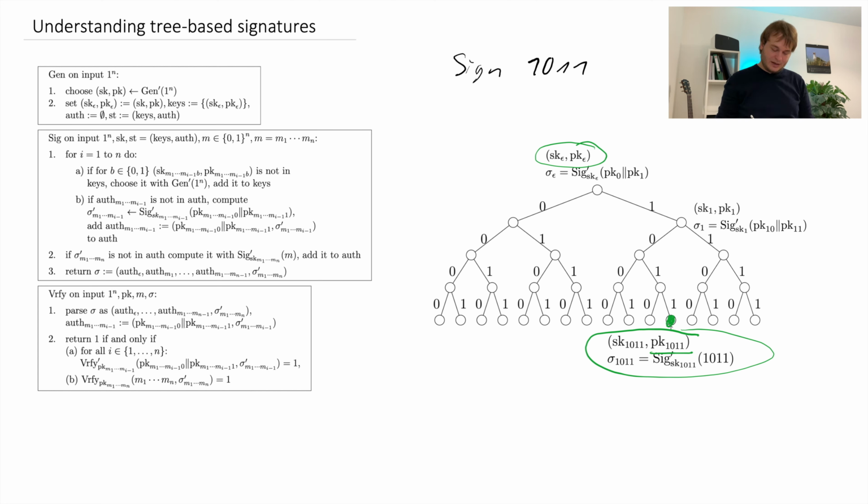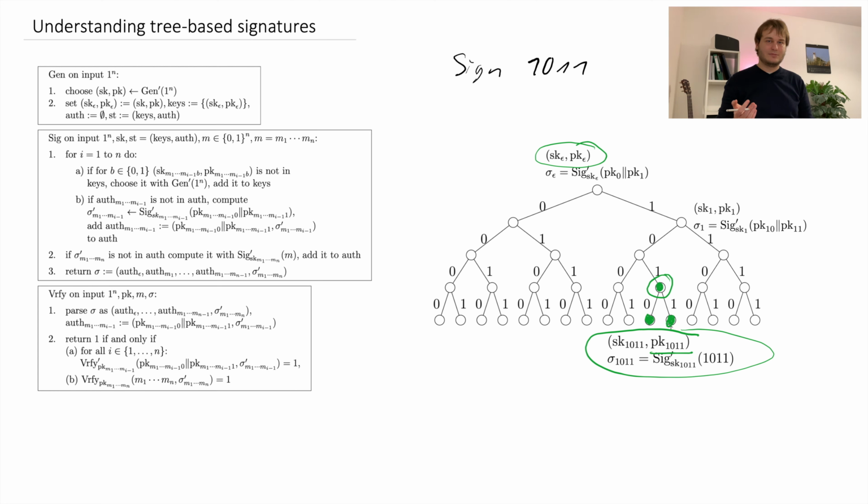Then in order to authenticate that node, we will have to generate the keys for the parent node. And remember this node here, the parent node, the key of this will be used to generate a signature to authenticate both its children. So if I want to generate the signature, I also need to generate the other child's